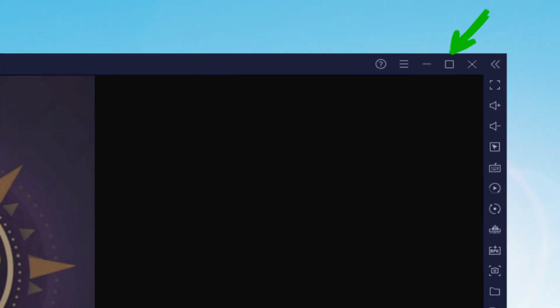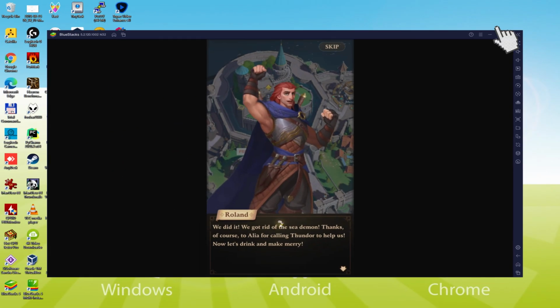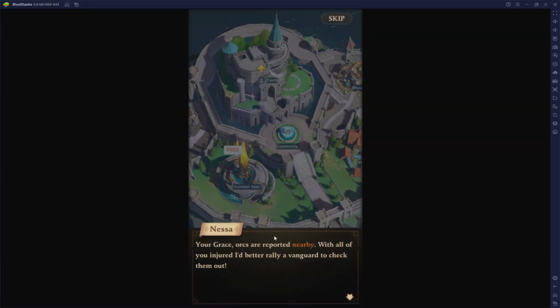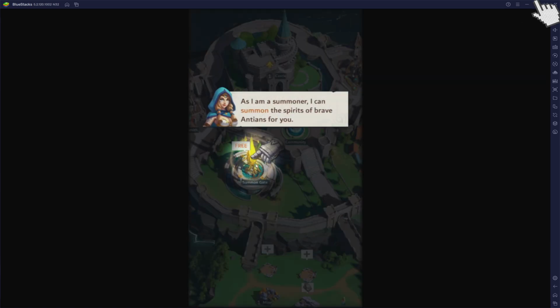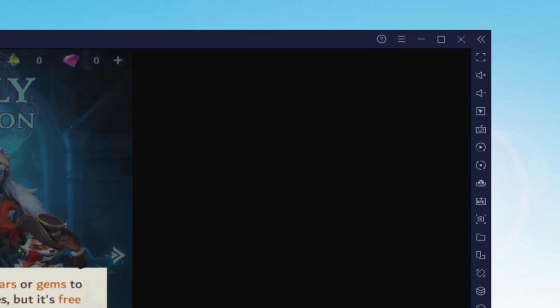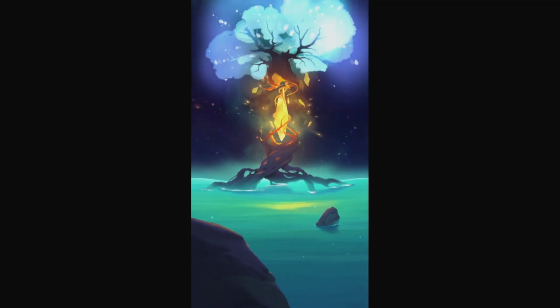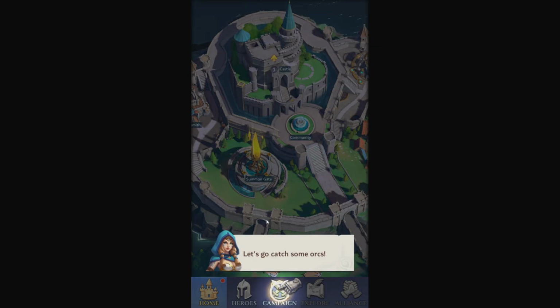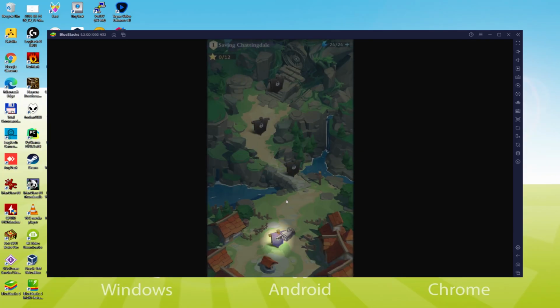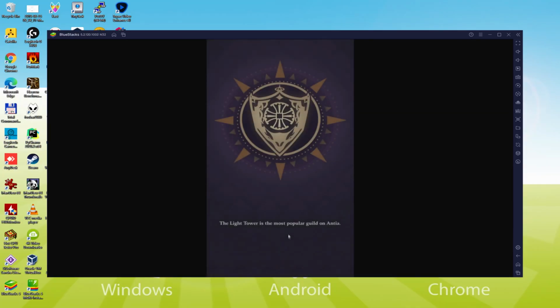We click on this icon that I am identifying in green. Then the screen is maximized, with one border at the top, one at the right and one at the bottom. In case we want to experience the application in full screen, we click this icon. And we would now be enjoying the game in full screen mode. To exit the full screen mode, press the F11 key. So we would now play in normal screen mode.